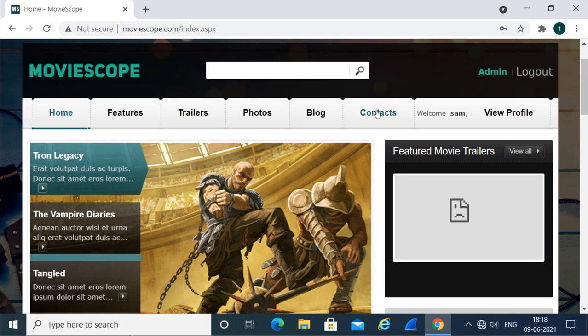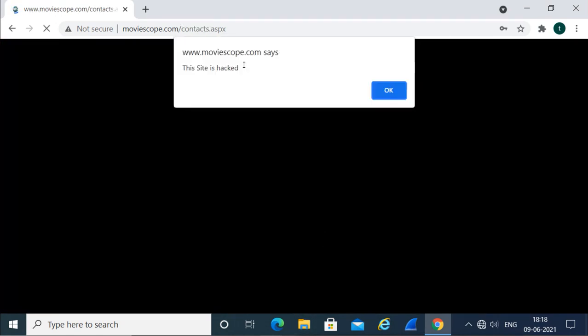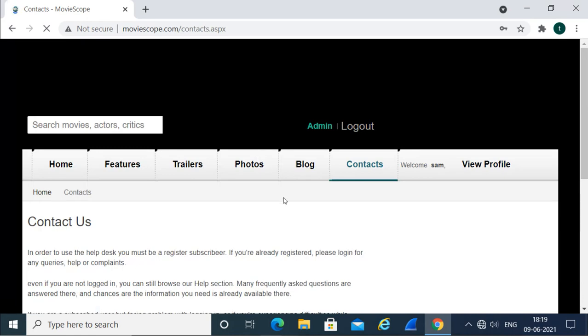So I will click here, and you see what it is showing, that window here, and in that window it is saying this site is hacked. Now it depends on the attacker what alert or what type of script it will execute. Now a script is executed by the other user, and this script is affecting this other user or any other user. I will say okay, it is just an alert window, and it is gone. And now we can see the page here.